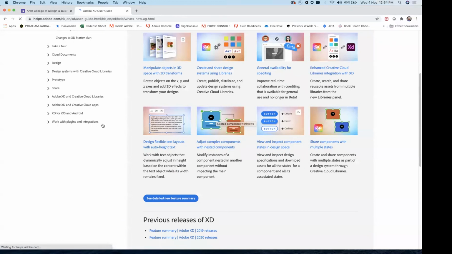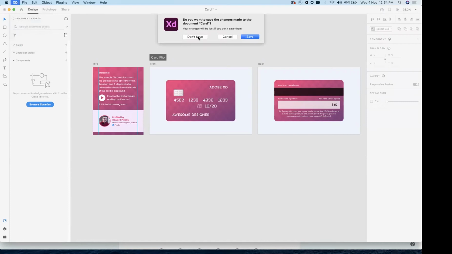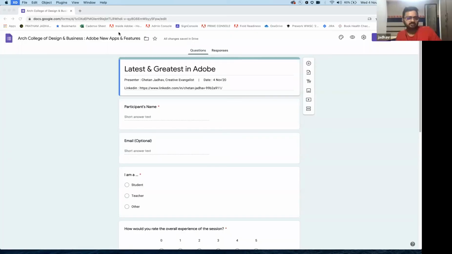Can we work on side view in 3D? Through this 3D option, can we work on side view? There you show front and back. I want to edit, or we can say I want to show something side view. Yeah, I got your point. So this is not possible in XD.